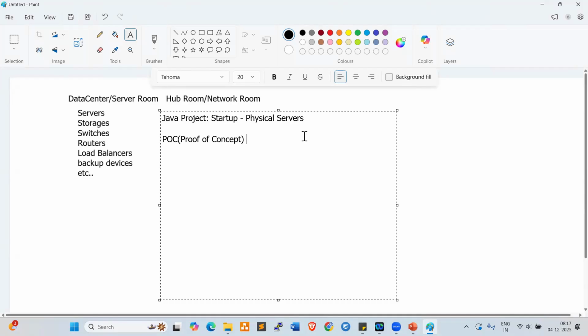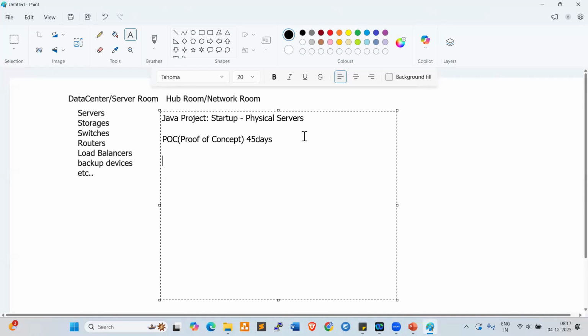For example, if you want to buy any laptop or mobile, what will we check? We'll check some proof, some reviews from the people who are using the mobile or laptop, and what the functionality of the laptop is, right? In the same way, the client also checks the POC before giving their project to the service company. For this POC, the client gives you a 45 days timeline. This POC we need to complete within the 45 days, right?